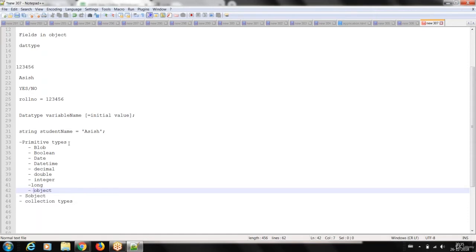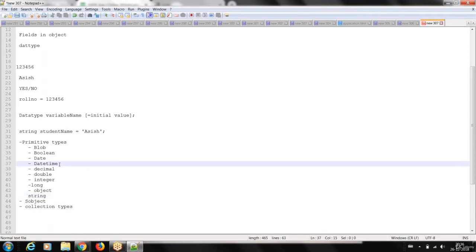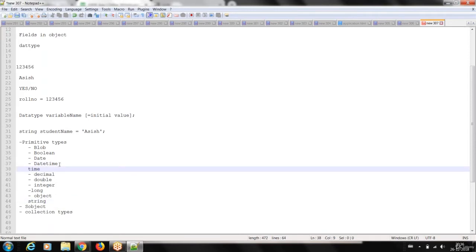So in Salesforce, whenever you see an object like a position or candidate, maybe account, maybe contact, opportunity, each are represented as object. Object is nothing but the master type of all objects. Okay, it may be account object, but it's represented as an object. Okay, so same way, let me write string and date time. Also we have a time type of data. These are the primitive types of data provided by Salesforce.